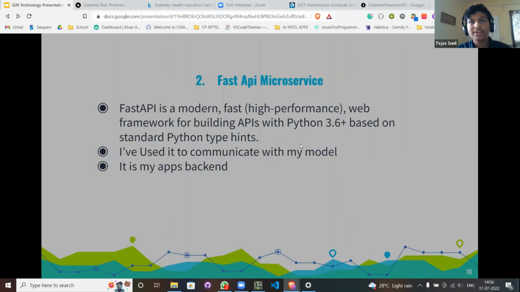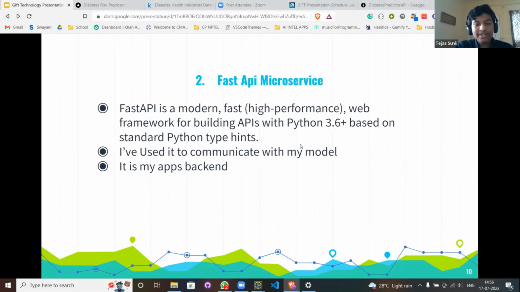So moving on. Now, what is this FastAPI microservices? Ignore what is written here, that's mostly tech stuff. To give it to you plainly, I've basically created a way for people to use my machine learning model on the web. Instead of me having to host my model some other way, I use something called FastAPI, which lets me create an interface on the web so that you can easily and effectively use my model.